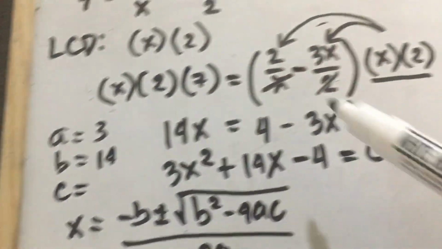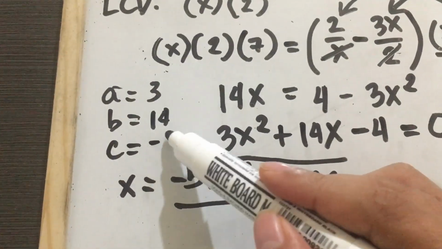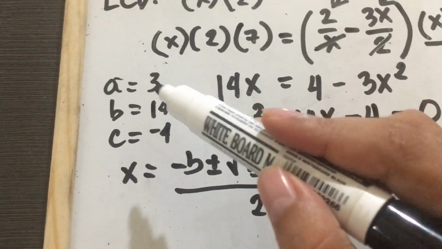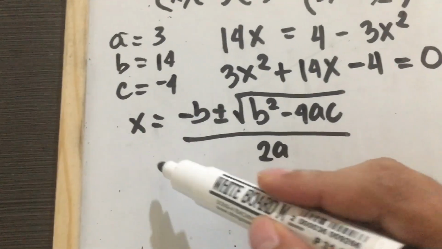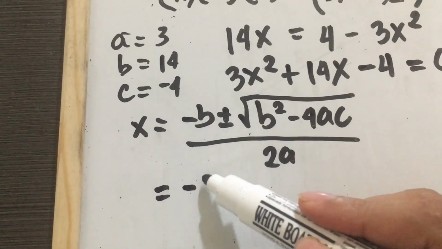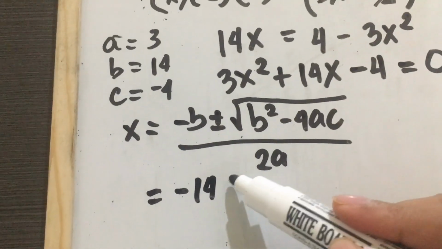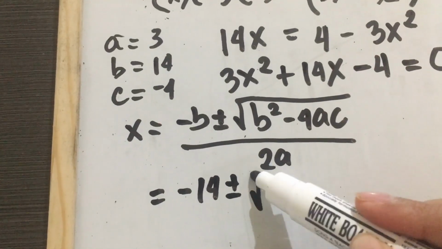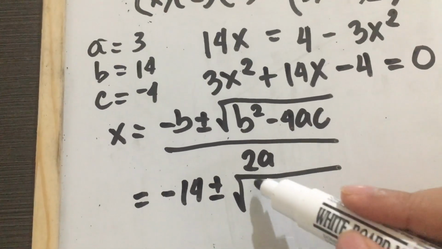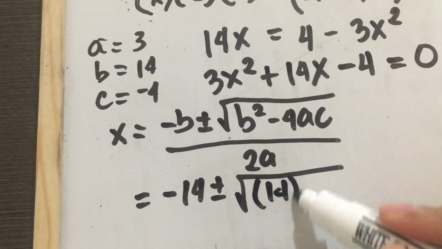And your c is equal to negative 4. Okay, so we try to substitute the values of a, b, and c into the quadratic formula. So that's negative b, so that is negative, the b is 14, plus minus square root, b squared minus 4ac, so b is, again, 14 squared,